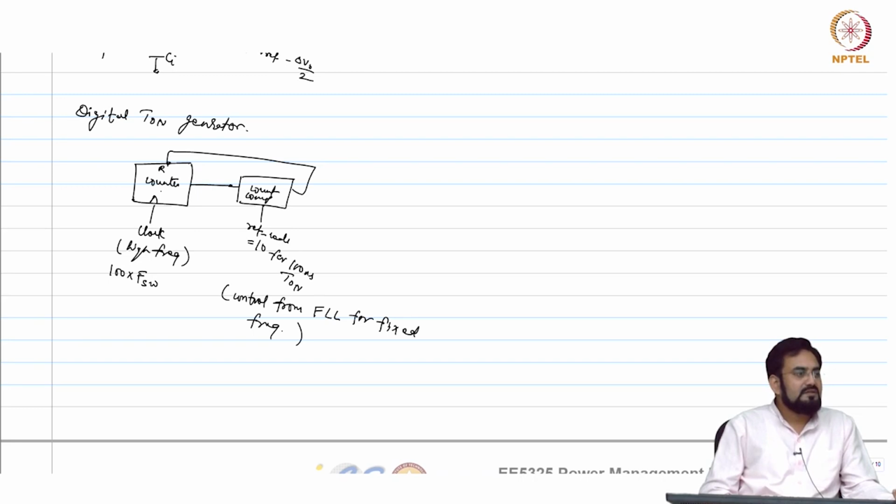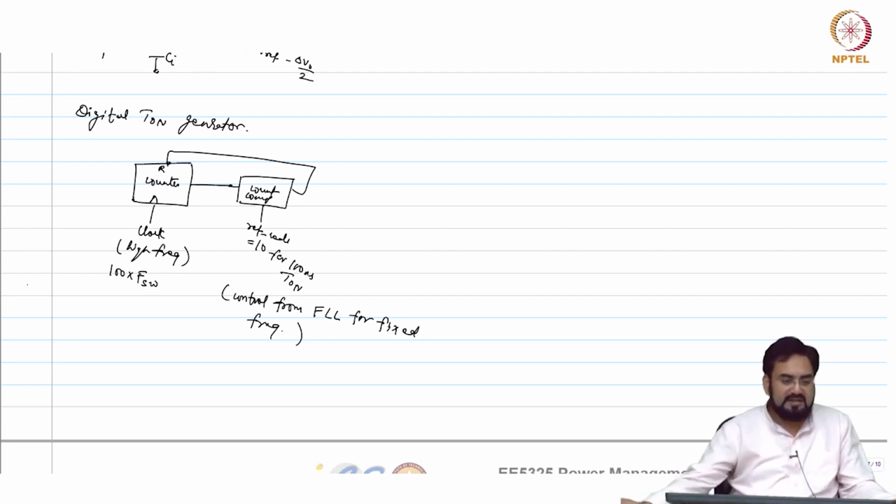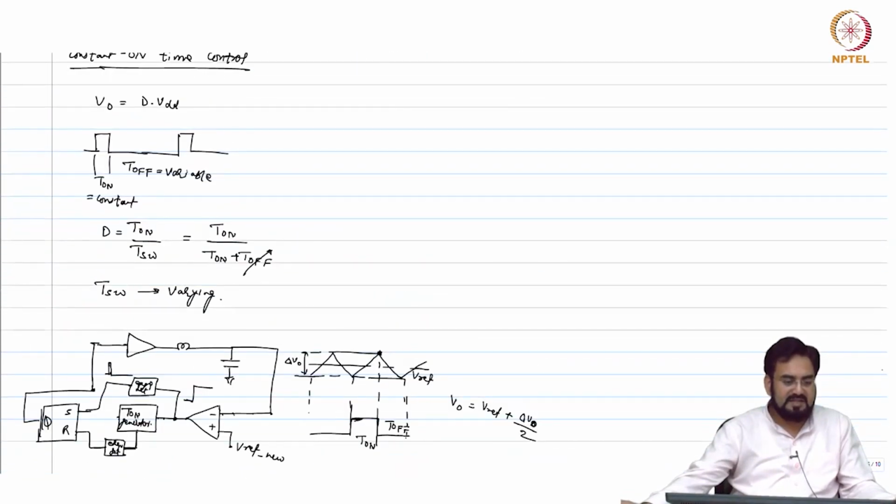Because their on time can be as much as you. No, but same thing here also. Not as much as, you are still limiting within that window. No, but till the time the current of inductor is rising, we can be on for that. No, but that you cannot guarantee there, because you are limiting within that window.